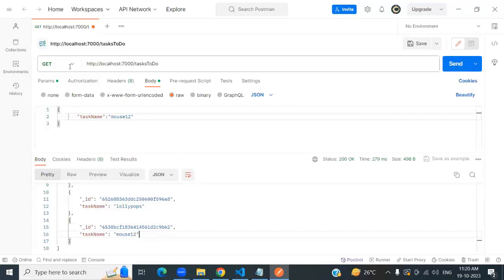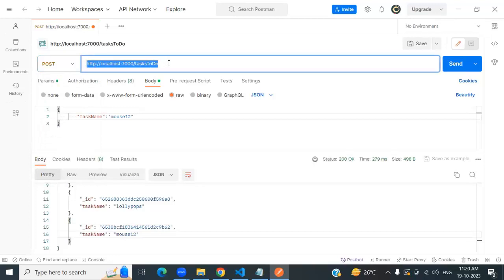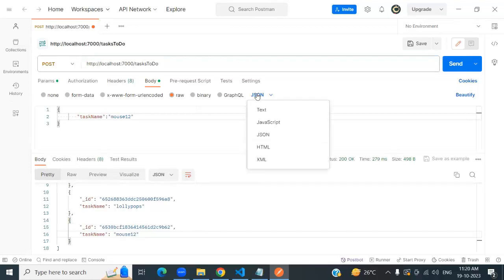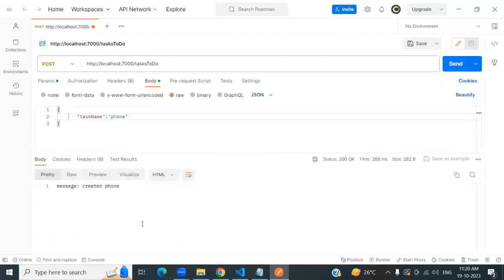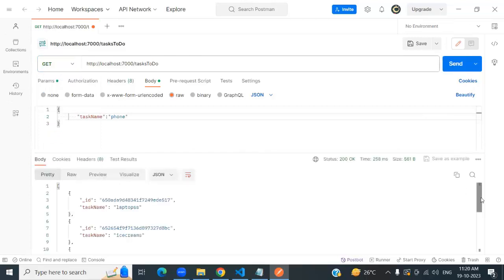And then if you want to post something, for posting you use the post query. Inside that method, you need to go here, and inside it you need to select JSON, and whatever you want to add to the database, you can add it here. So let's see, I want to add phone, and if I send it, it says created the phone. And then if you check again in the get, you are able to see the phone